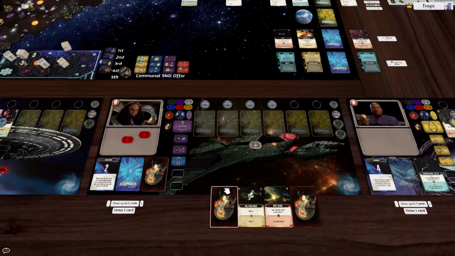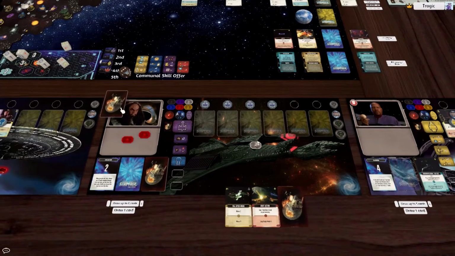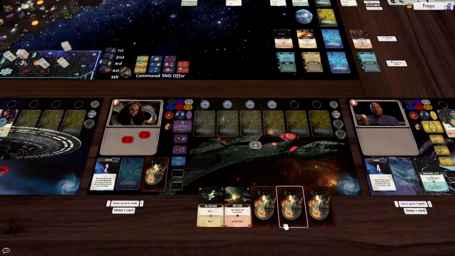Then at the end of the turn, because we are still on the base, we get to keep our white mana and we get to clear another wound, and then we draw back up. Oh, more wounds. Wow, that's crazy. Okay,